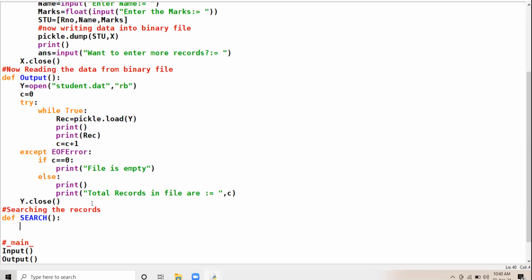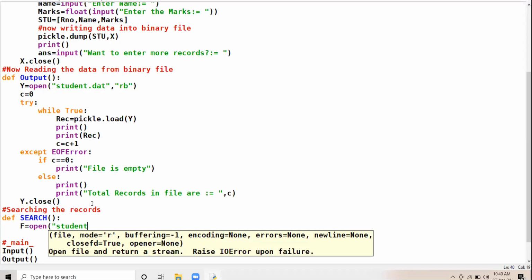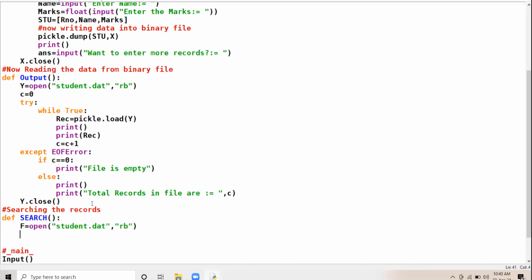So I'm opening my file student.dat, and I'm opening my file in the reading mode. I have taken the variable found, initialized with the value 0. If my record exists, the record that is satisfying my condition, then the found variable will be incremented by 1. Okay. Am I clear to all?